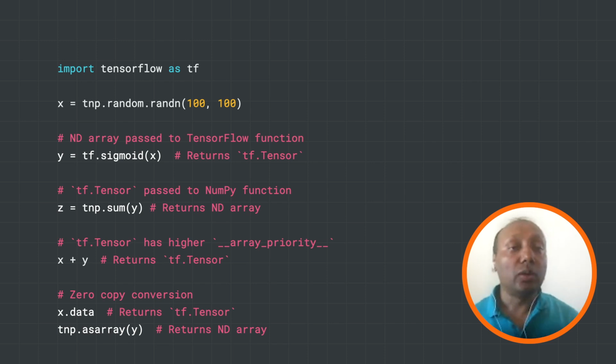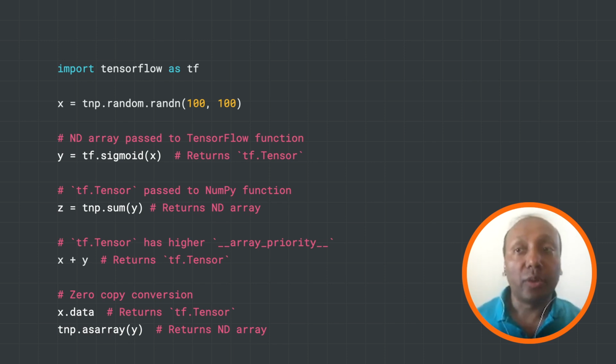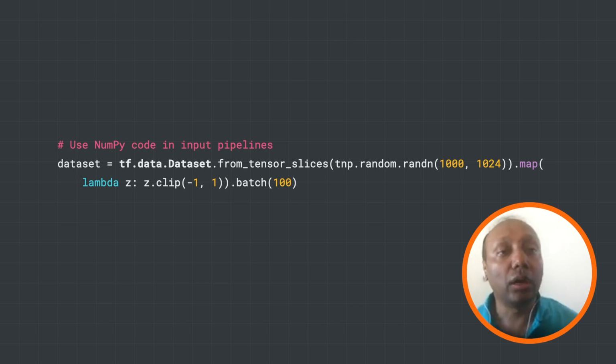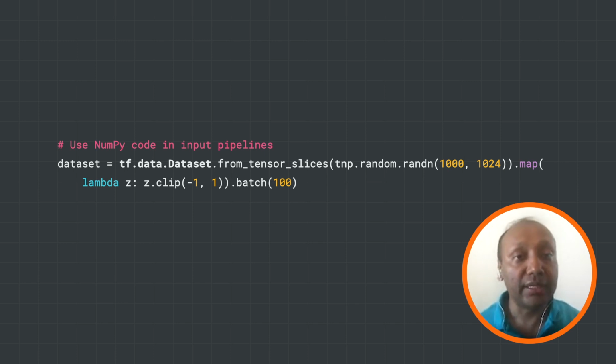So next, we'll look at more examples of interoperability by working through an example. We'll show how you can take NumPy functions and call different TensorFlow functionalities. We'll start by looking at an input pipeline. You can call TensorFlow's dataset APIs and then start using that with TensorFlow NumPy functions.